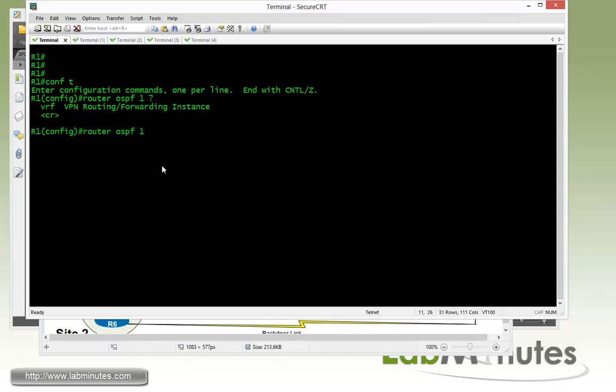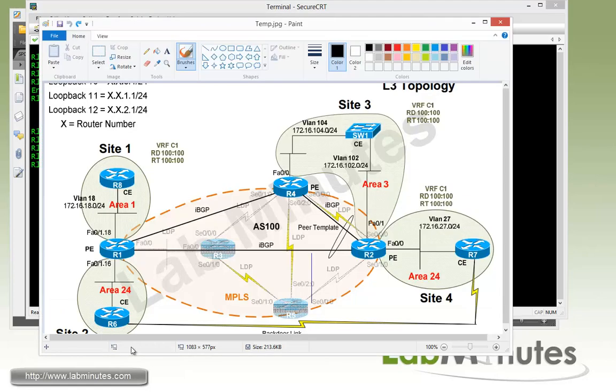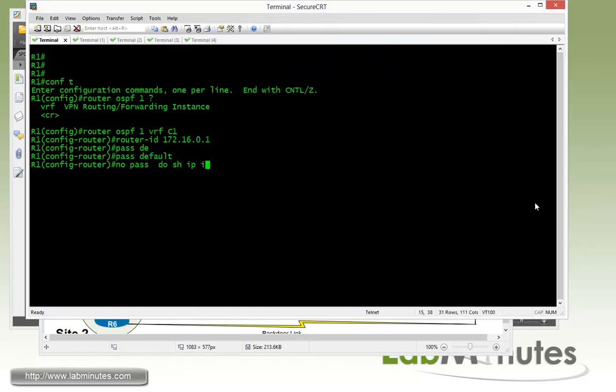Since for OSPF there's one routing process per VRF, unlike, for example, EIGRP that we looked at in the previous video, where we get under the same routing process and then specify the address family for a different VRF. For OSPF, you need to create a separate routing process for the VRF. So here we're dealing with VRF named C1, and then the rest of the configuration is pretty much the same, which is router ID, we use 0.1, passive default,